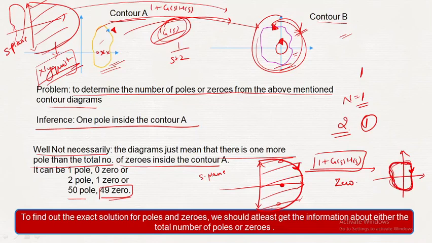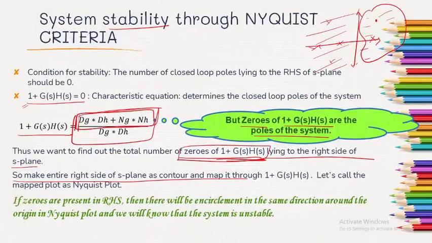That means what? इससे हम क्या inference करेंगे? We can clearly identify that okay, यहाँ पे आपका एक ज़्यादा ज़ीरो है. ठीक है, if you know that how many poles the system is having, अगर एक भी इंफॉर्मेशन आ गई आपकी तो आपको पता चल जाएगा कि ओके सिस्टम में कहीं ज़ीरो है, राइट हैंड साइड में कहीं ज़ीरो है. And if you know that the system is having zero, which system? 1 plus GSHS. This function is having any zero, that means that the system is unstable.